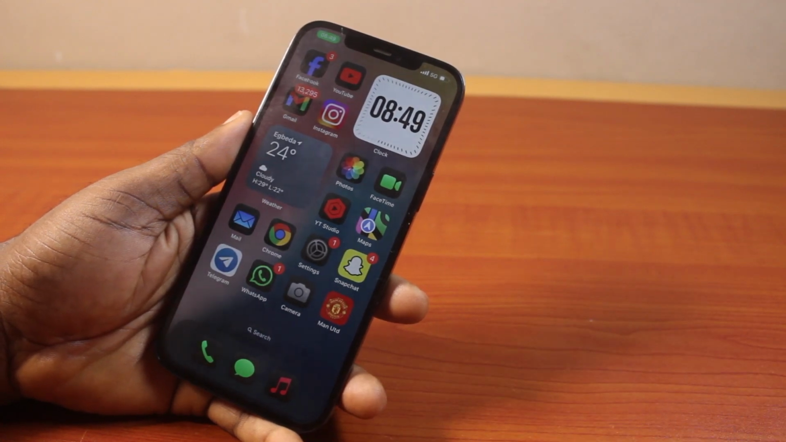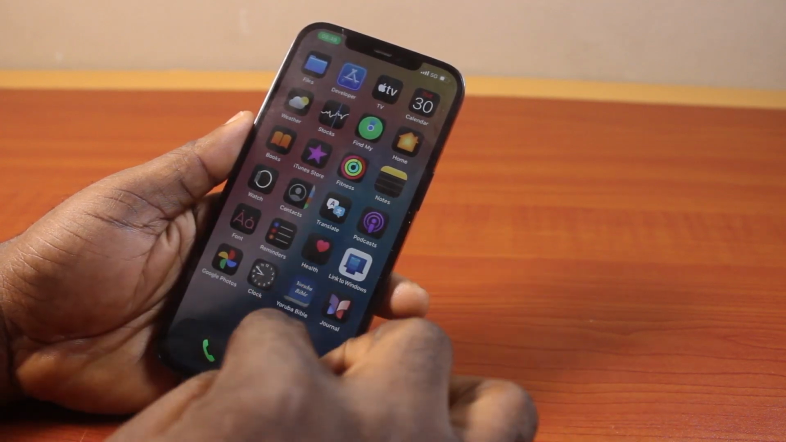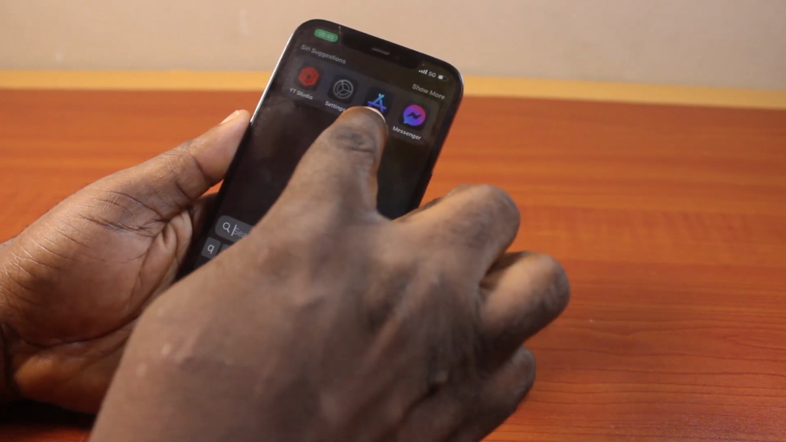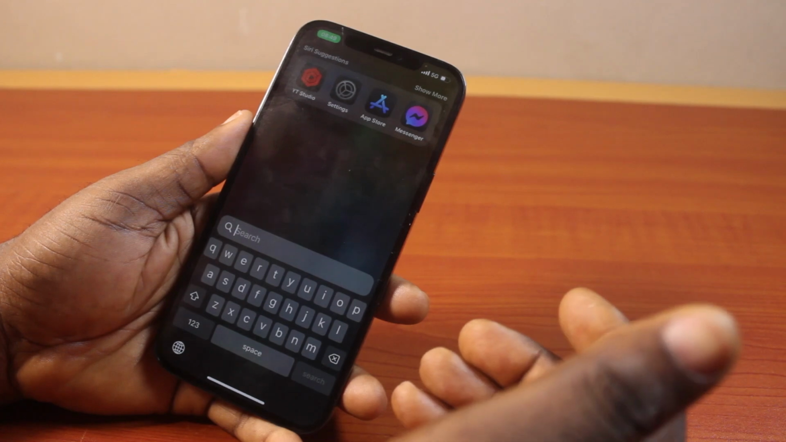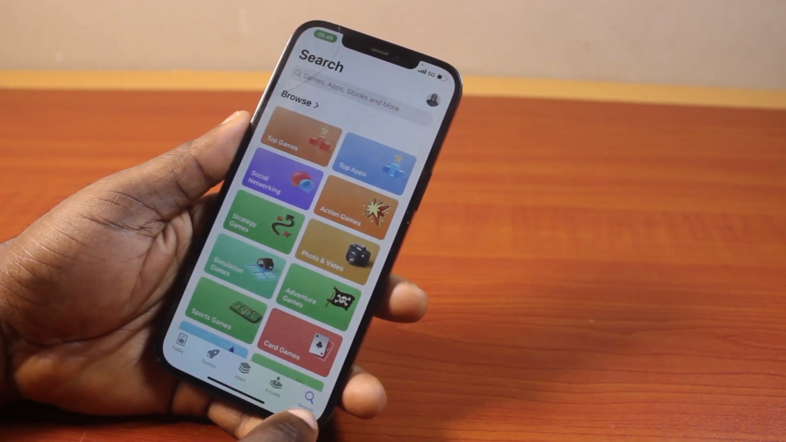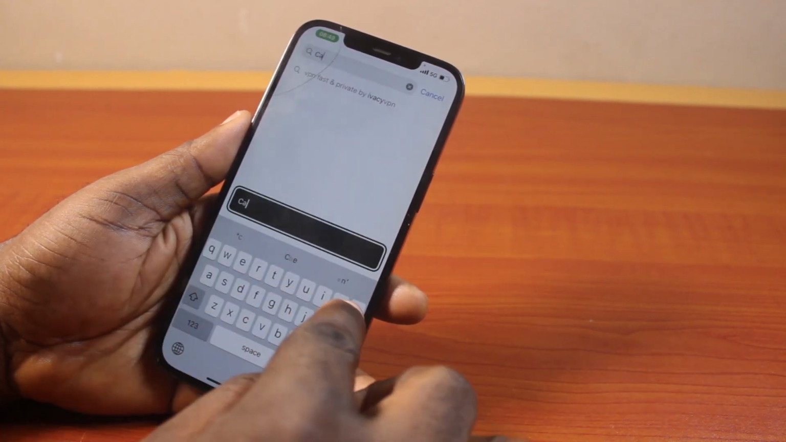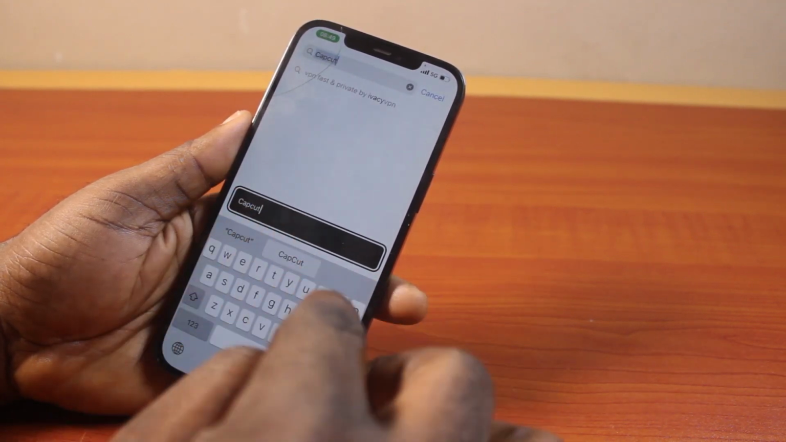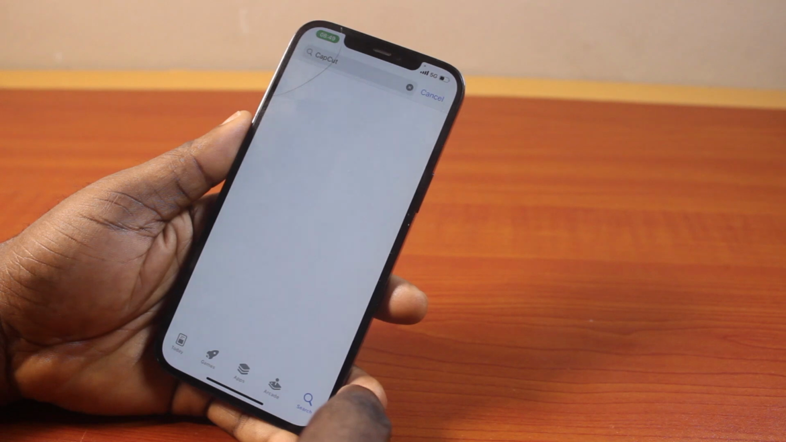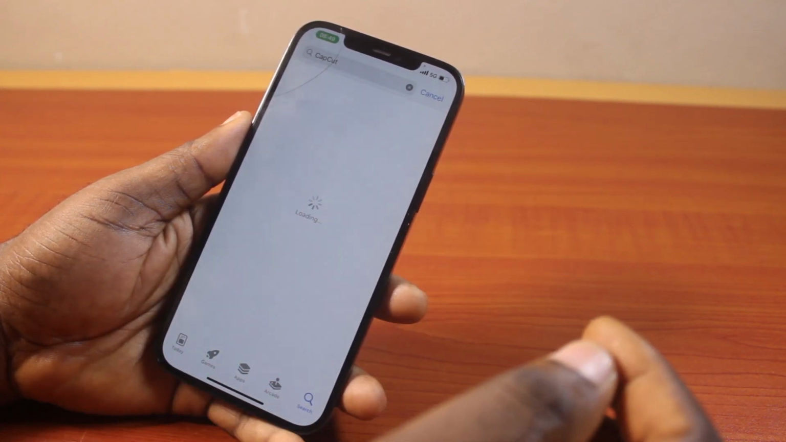Now, to install CapCut on your iPhone, the first thing to do is just open the App Store application on your iPhone. So just search for App Store or open it on the home screen. Once App Store is open, click on the spotlight search at the bottom right and type CapCut. Now click on the search button and hang on for your iPhone to search for the CapCut application on the